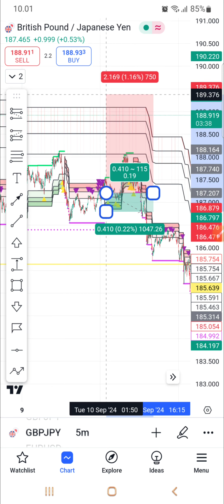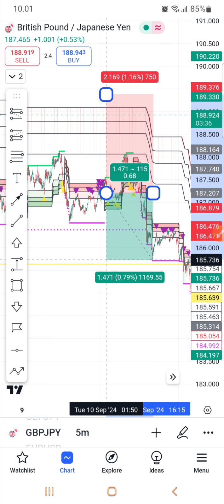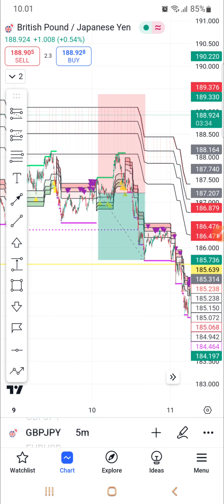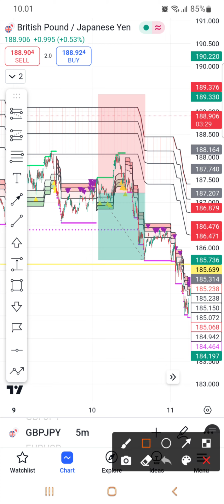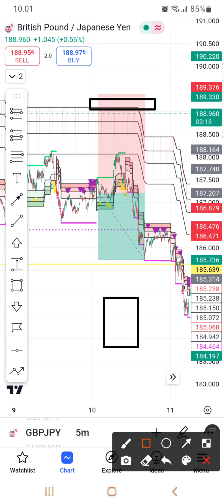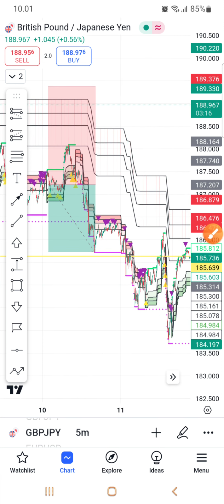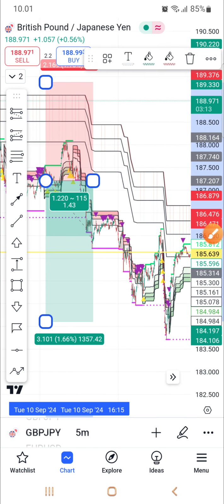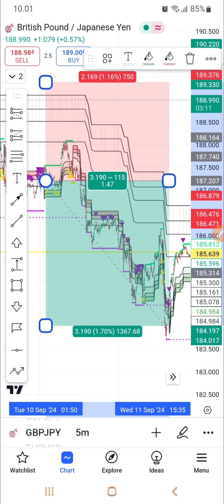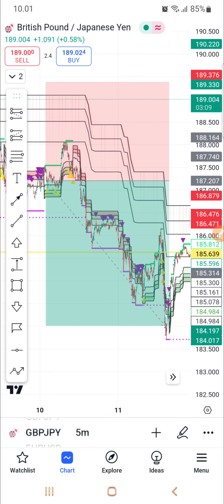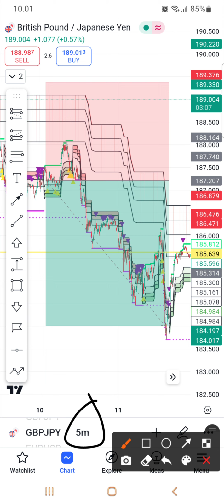This one, you have to lock 210 pips above, because for locking, you must lock above the resistance line. Okay, you have to lock above the resistance line no matter what. And then how many pips you can get, how much money you can get. Look at this one. 300, easily 300. This is using 5 minutes.